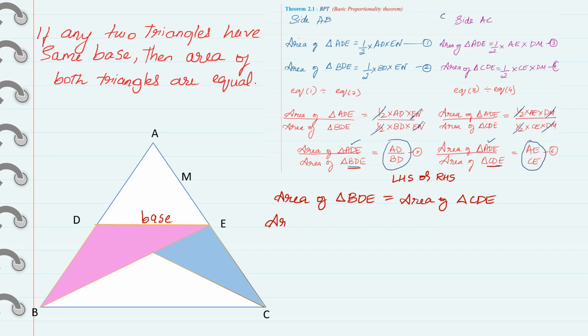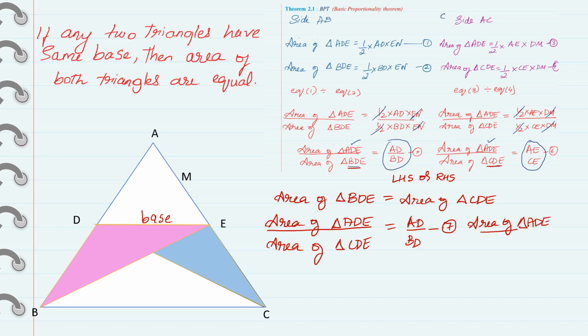Okay, so area of triangle ADE divided by area of triangle CDE is equal to AD by BD, equation number 7, and area of triangle ADE divided by area of triangle CDE is equal to AE divided by EC, equation number 8. Okay, now we can compare equation 7 and